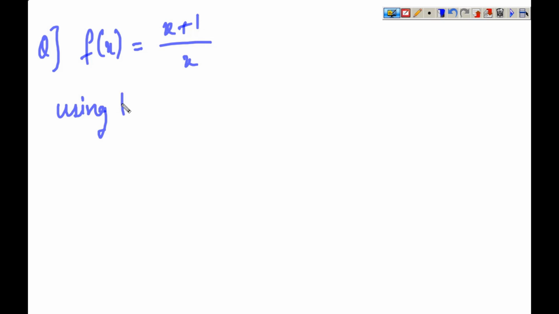So we have a new function, f of x equals x plus 1 by x. Here we can see we have a numerator and denominator, so we can use the quotient rule here. Using the quotient rule,